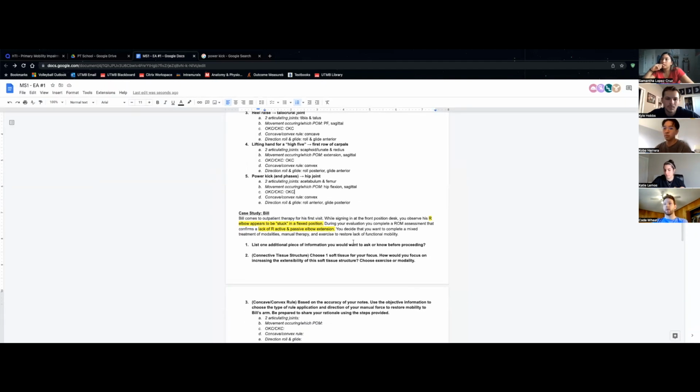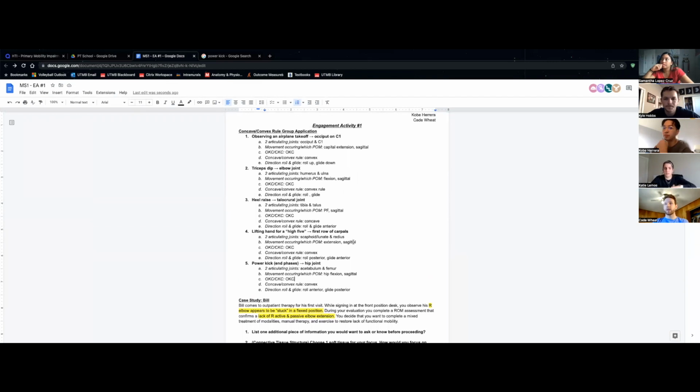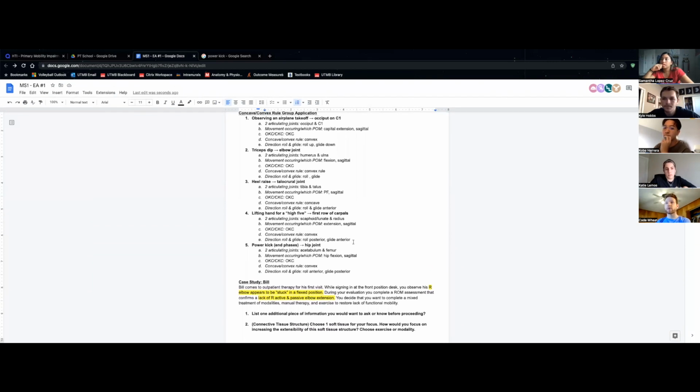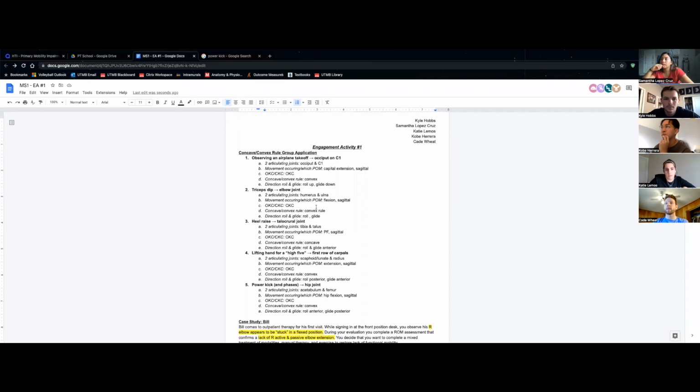Concave is supposed to. Sam, you need to change the wording in the first one. It still says up and down. We still have these two. Oh yeah, those two. So we can kind of relate the power kick to the tricep dip, like we were just saying, those are both flexion movements. So it would be the same thing where,